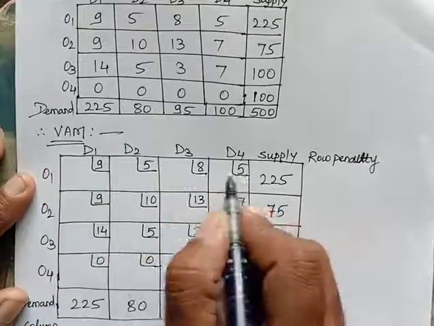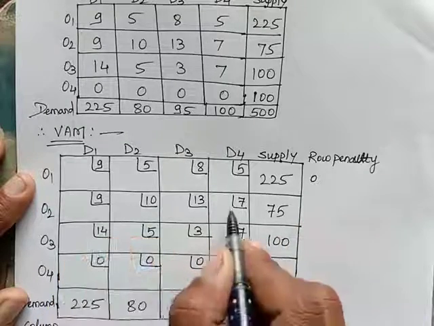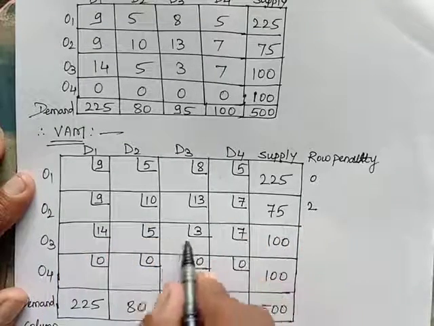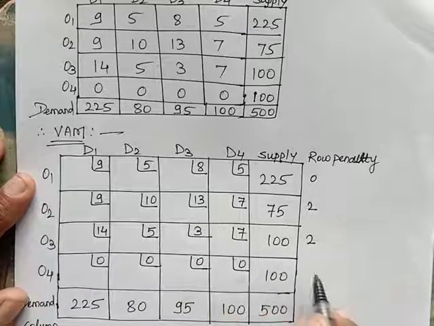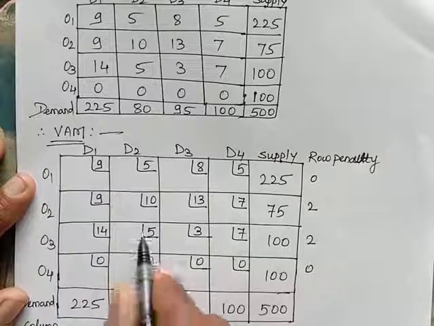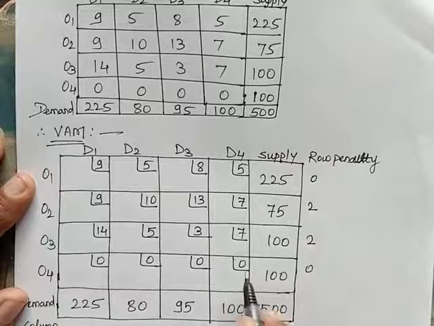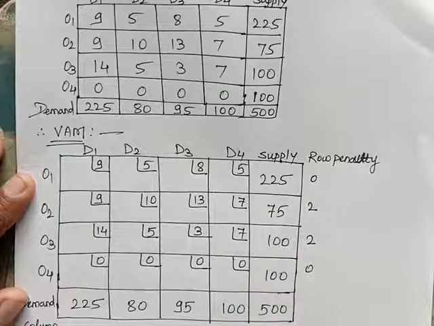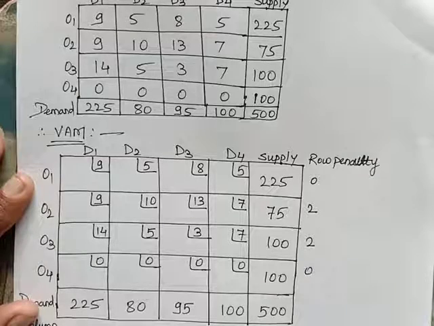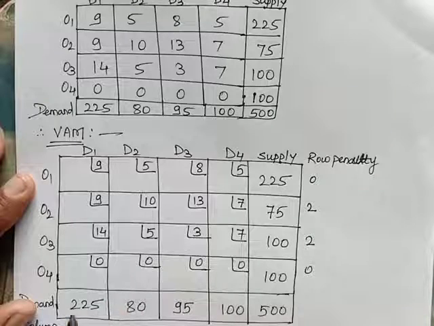What is the penalty here? Row penalty 0. Again look at here, it will be 2. Then here it is again 2. It is 0. Here it will be 9. Here it will be 5. Then here 3 and here 5 again. Okay. So now let's find out the solution. So 9 is the highest penalty. Now the lowest cost is 0 here. So the allocation is at this position first.